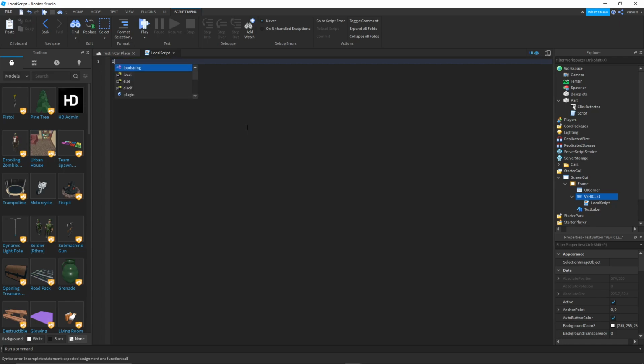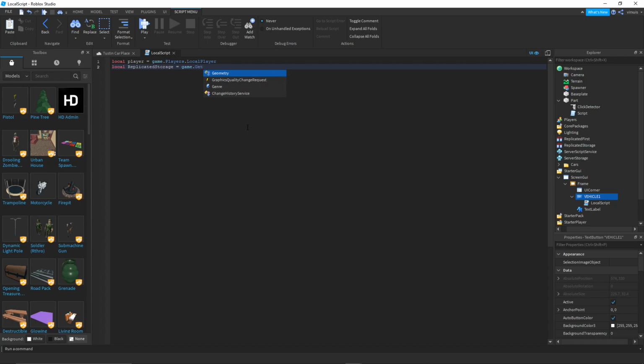So we're going to do local player equals game.Players.LocalPlayer, local replicatedStorage equals game:GetService("ReplicatedStorage"). Okay, now we're going to do local spawnCarEvent equals replicatedStorage:WaitForChild("SpawnCar"),